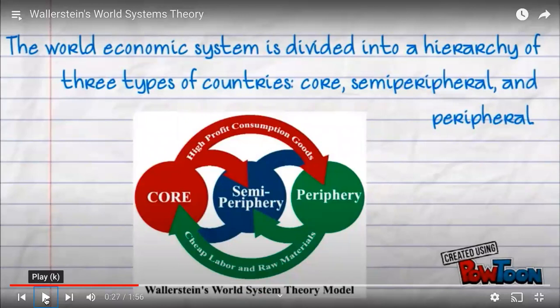Yeah. So just like dependency theory, merong center of the center, center of the periphery, periphery of the center, and the periphery of the periphery. Tayo, ito naman, core. Ito yung riches. Sila yung parang center of the center. Right? Semi-periphery, medyo middle, in between. And then yung mga peripheral, ito yung mga nasa outside. Sila yung mga mahihirap. So to explain further,